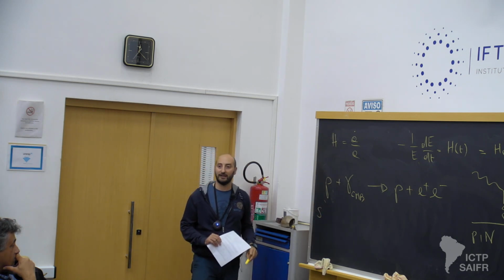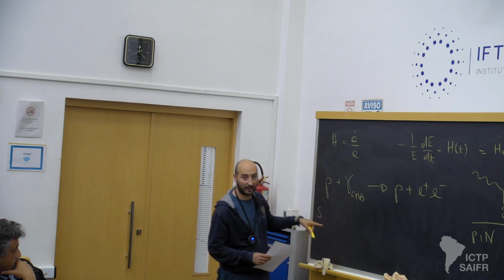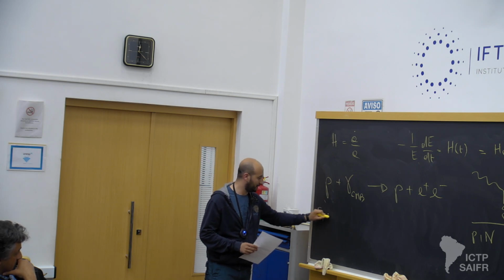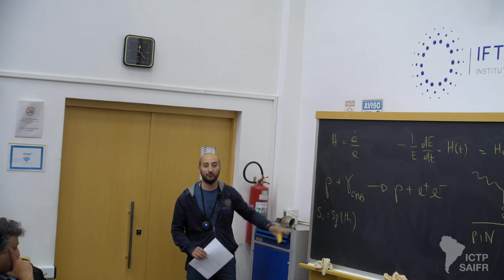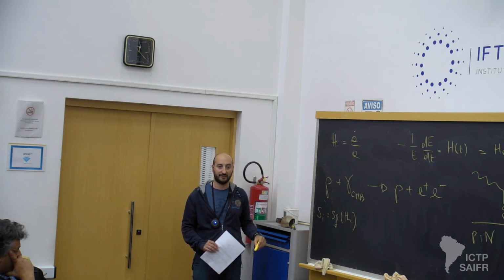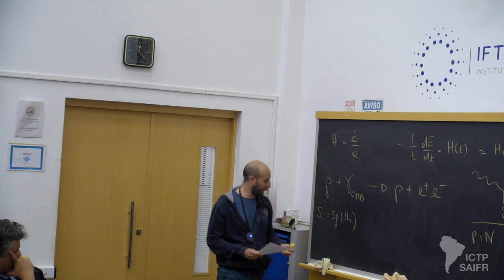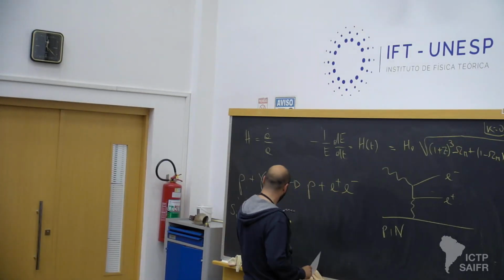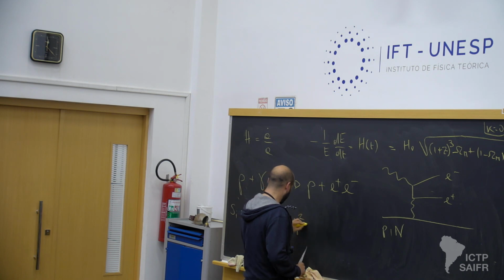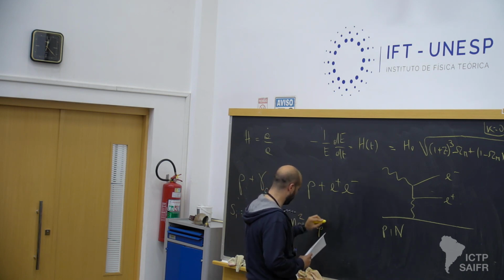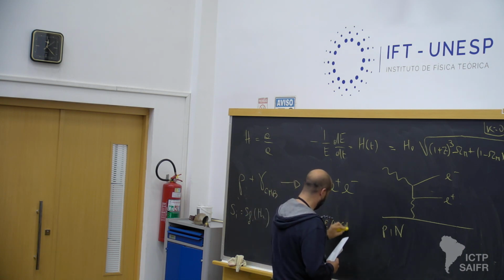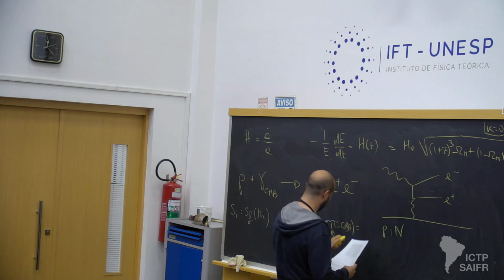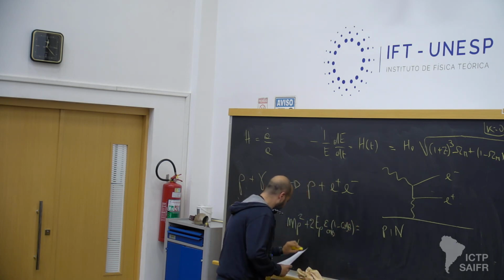the center of mass square energy kicks in again. So you write just s initial equal s final at threshold, and you derive the energy at which this process starts to be open. This equation leads to m_proton squared plus twice E_proton epsilon of the CMB, 1 minus cosine theta, equal (m_proton